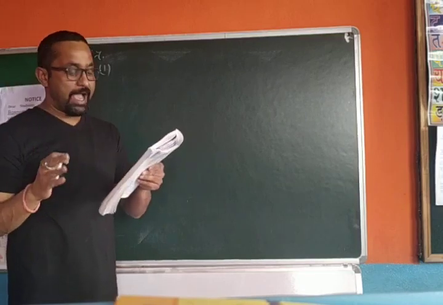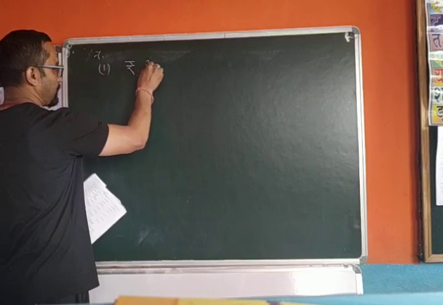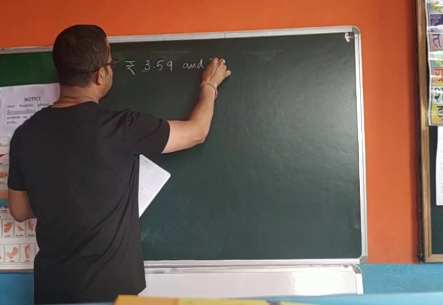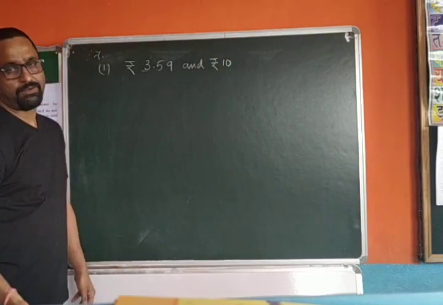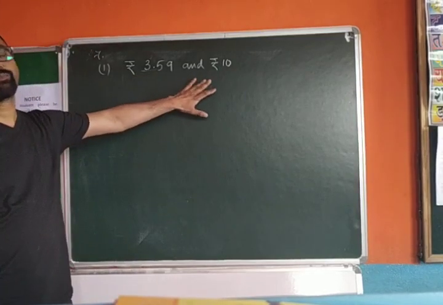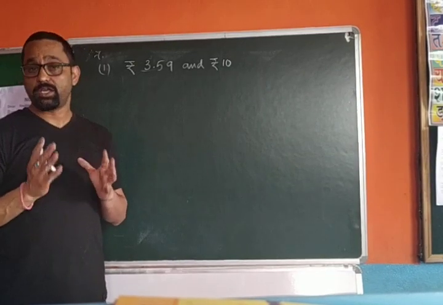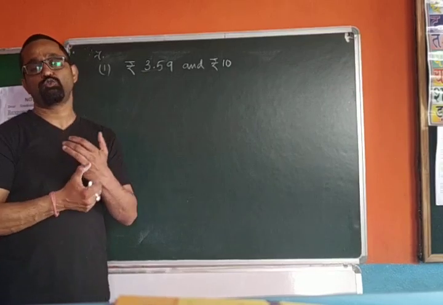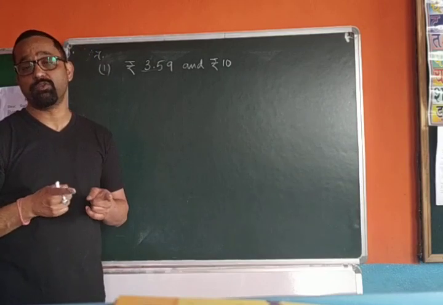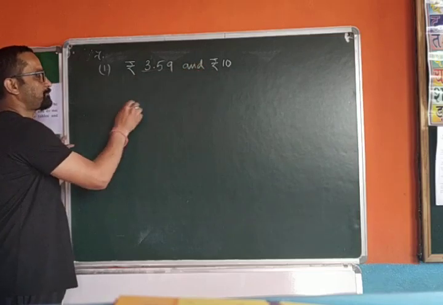First one, add rupees 3.59 and rupees 10. Before you proceed with addition, you need to look at the unit. Both are given in rupees, so we can add them up. If they are not given in rupees, if one is in rupees and the second one is in paise, paise has to be converted into rupees first, then it should be added. Both are in rupees, so we write